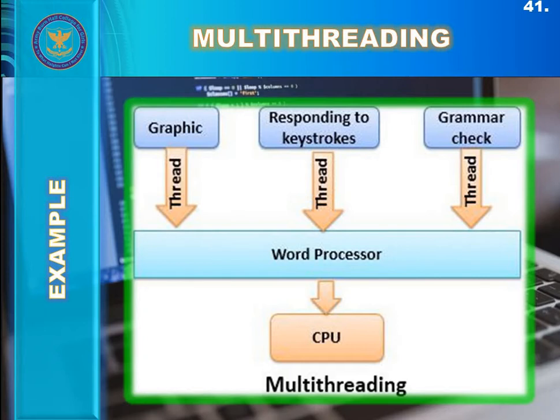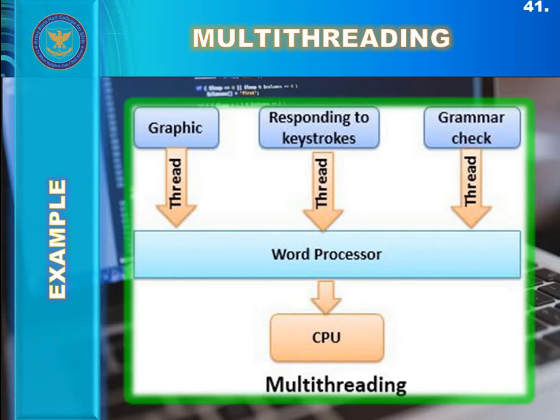To understand the concept of multi-threading clearly, let us take an example of a word processor like MS Word. Our word processor, as you know, displays graphics, responds to keystrokes or commands, and at the same time it continues spelling and grammar checking behind the scenes invisibly. You do not have to open different word processors to perform these things simultaneously or concurrently. It does happen in a single word processor with the help of multiple threads.